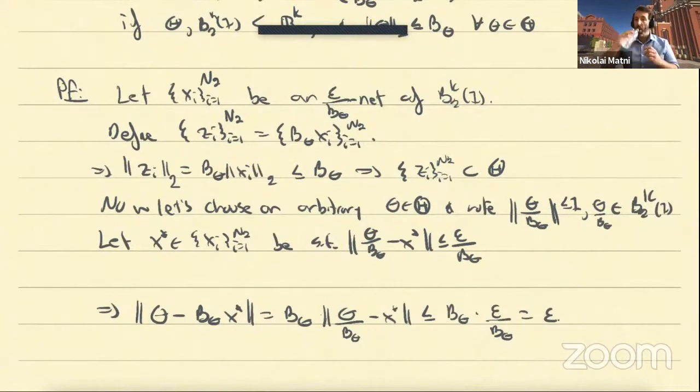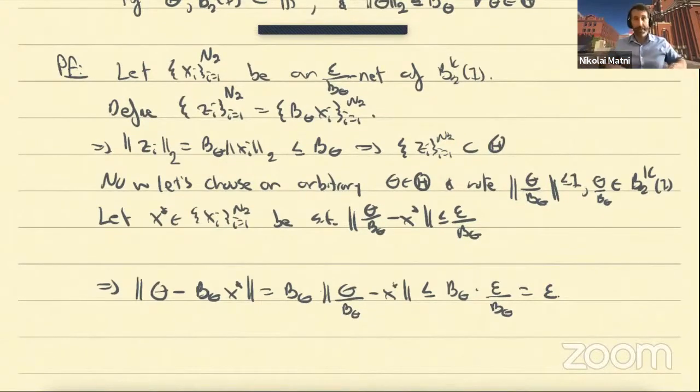You construct a net in the lower dimensional or easier to understand space, and then you use that net to construct a suitable net for the thing that you actually care about by feeding it through scaling or a Lipschitz map. We just need to tune the resolution of this underlying thing to compensate for the fact that if I expand something up, if I stretch it out, there's going to be bigger spaces between the two grids. So I need to rescale it. If I have a Lipschitz map, I need to rescale it according to the Lipschitz properties as well.